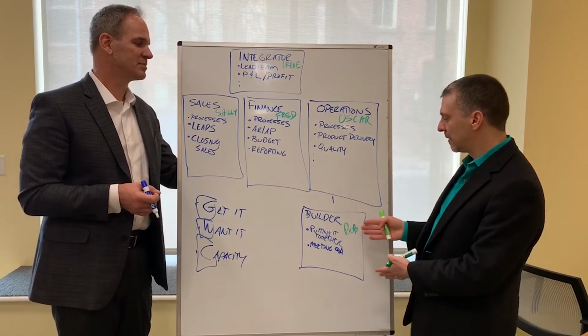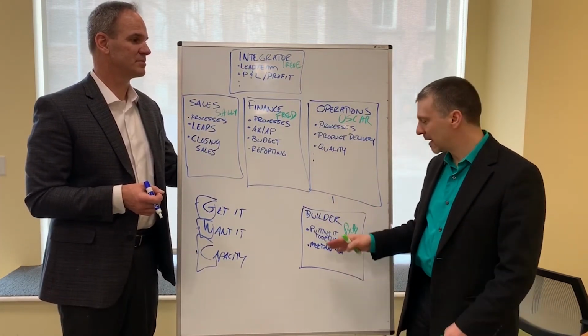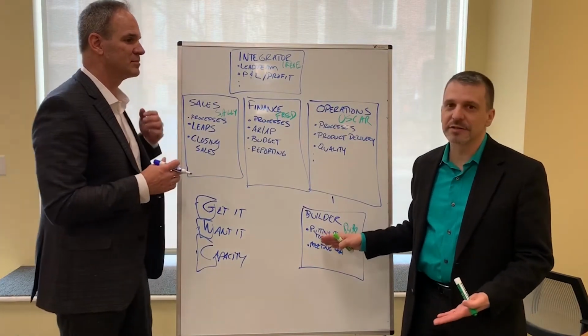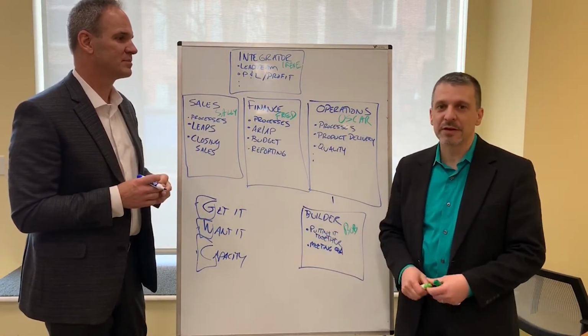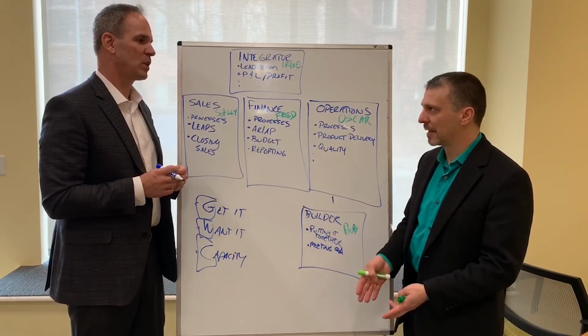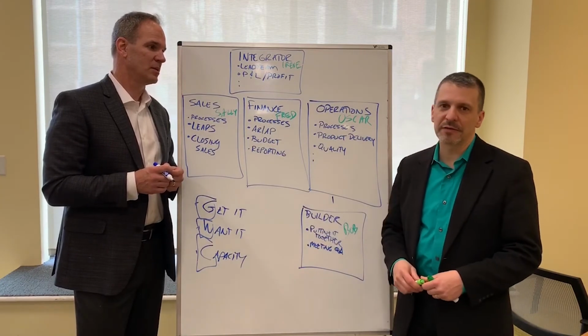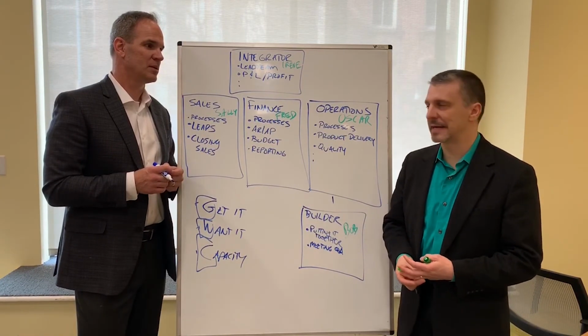Now, if we look down here at our builder role, and we have Bob in it, and we're not getting enough boxes out the door, he's the one responsible for putting it together. Not enough boxes, not quality, he can be held accountable to that. And then we can go into why that is, which get it, want it, and have the capacity can really put a lens on.